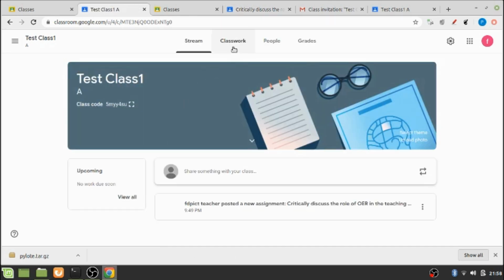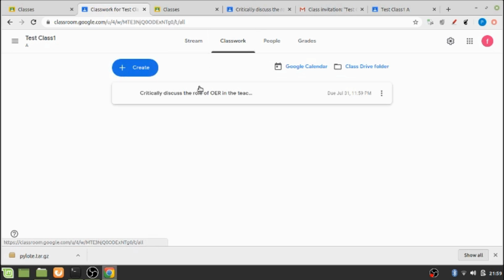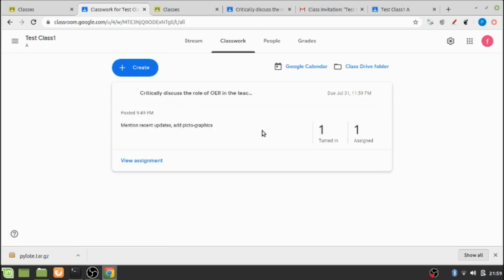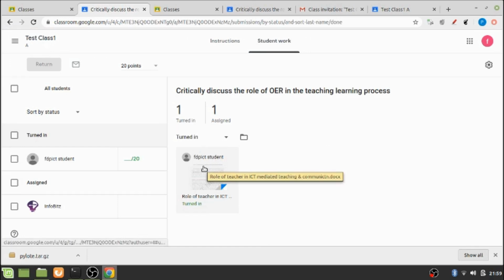Now when the teacher goes to the classwork tab, against this particular assignment that he created, he will see that there is one student who has turned in for this assignment. By clicking on this Turned in, the teacher will know which student has actually responded and turned in for this assignment.